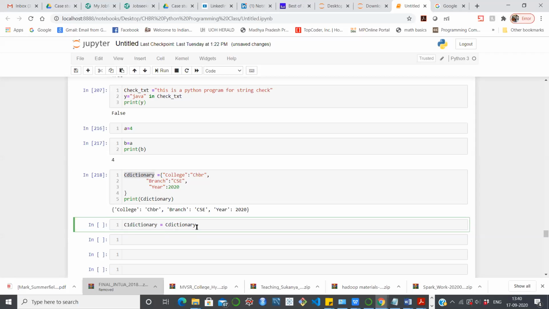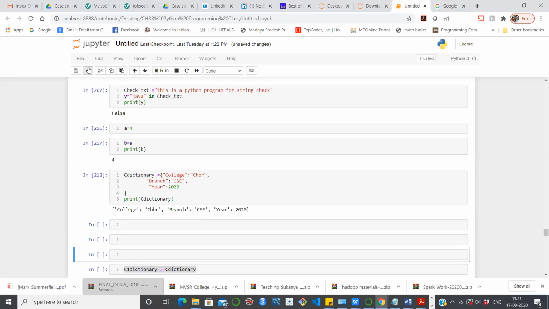In a dictionary, even if you copy it, it will only refer. So if you perform any changes on this dictionary, that change is going to be reflected on the other. Let me show you that as well.